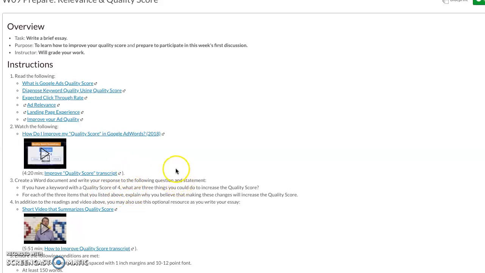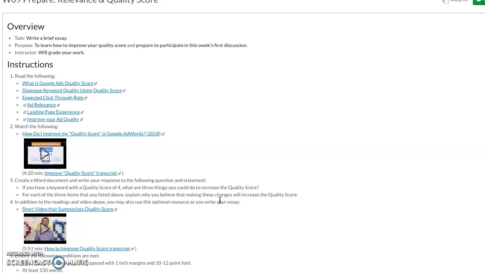It's also important to remember that this quality score can have an effect on how frequently your ads are displayed. When you launch your ad campaign, you will set a daily budget, and that's essentially how much you're willing to bid for ad space. And so if you have a very competitive keyword, say you're trying to advertise for a t-shirt company, which is fairly common, and so your keyword is customized t-shirt,